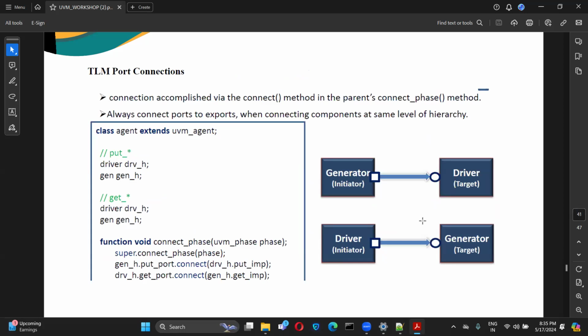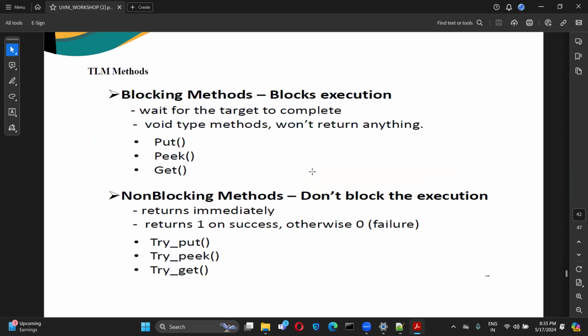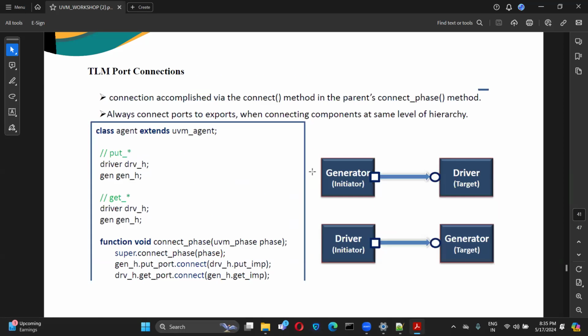This is at the driver and generator level. If we do the connection at the top level, we use the connect phase. For example, inside the env we have different agents, and yesterday we went through this in the code. In the connect phase, we connect the different things. In this example we are doing it inside the agent.